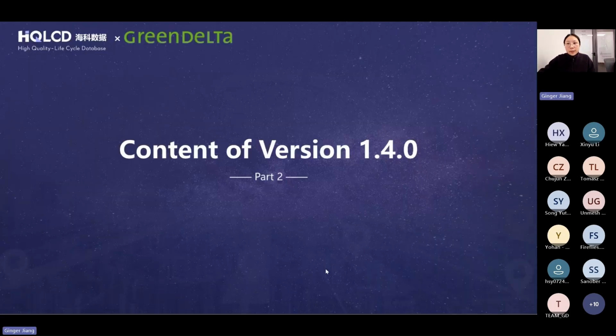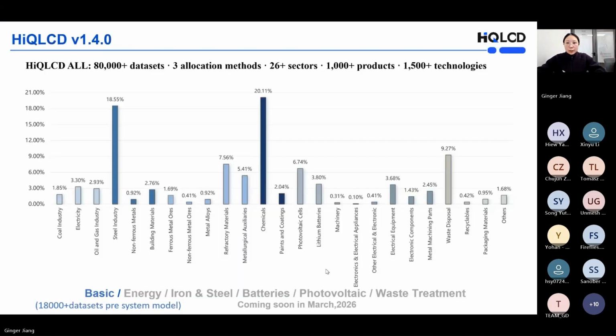So now that you have a brief understanding of HiQLCD, I will walk you through the major updates in version 1.4. Based on the profile editor tool, we have developed the HiQLCD 1.4 version. We have over 80,000 datasets, provide 3 types of system models, over 26 sectors, including electricity, metals, batteries, chemicals, waste